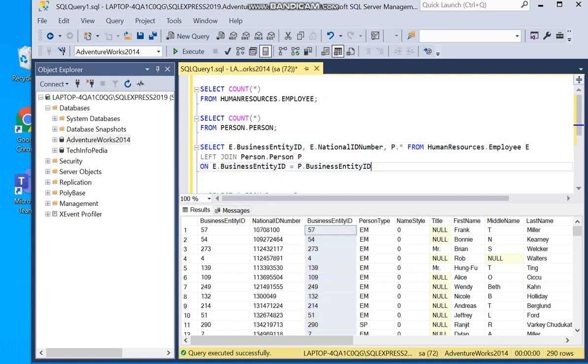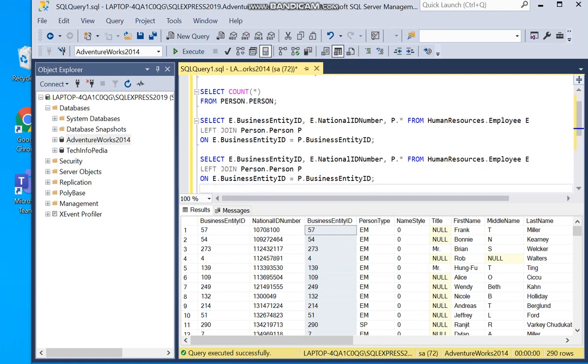If we change this query a little bit, we can make this clearer.